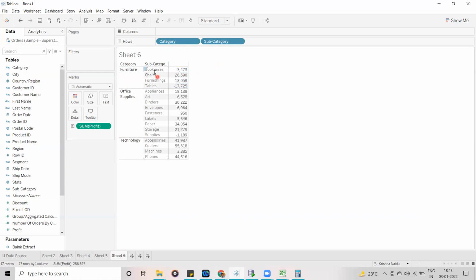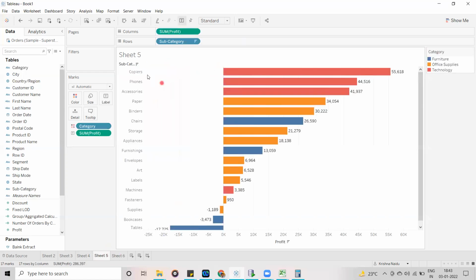For bookcases, for example, we are displaying subcategory-wise values like bookcases and copiers.